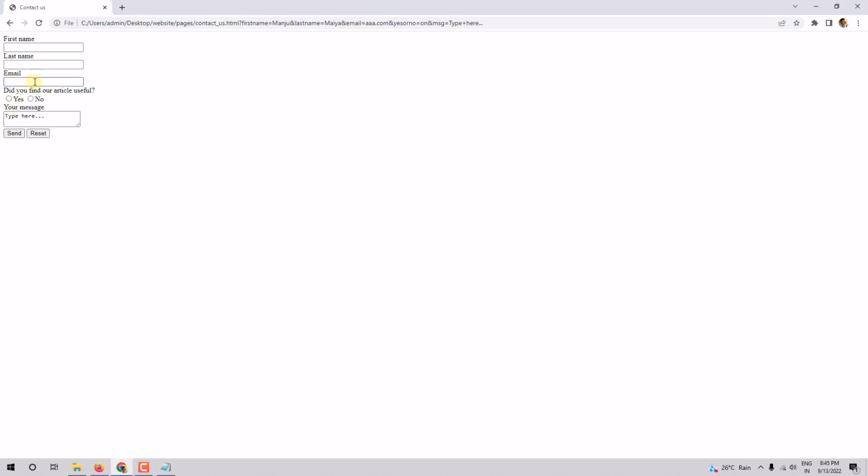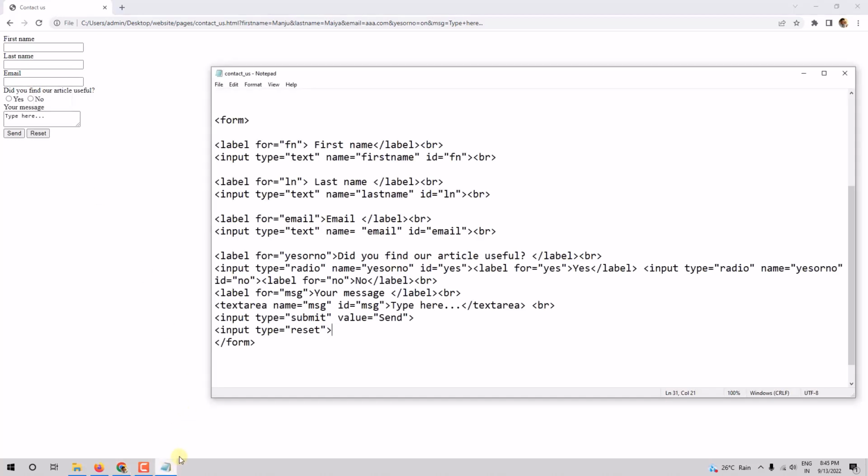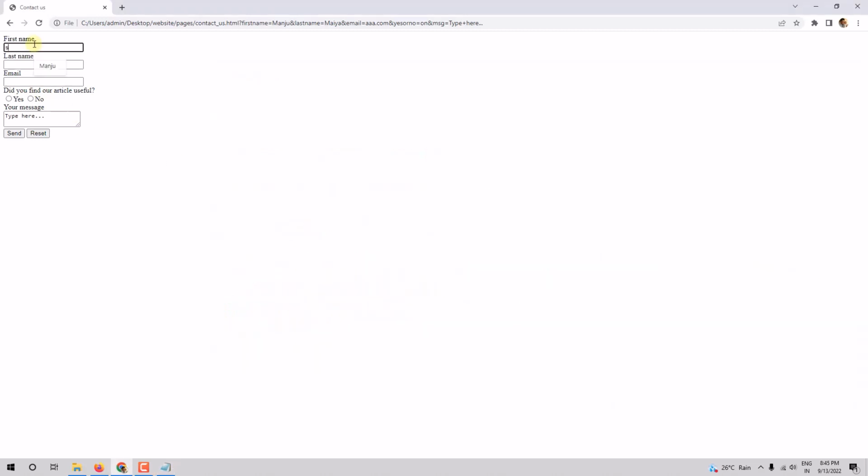Now that should not happen. We must enter only email addresses here. It should not take any other text values. For this, we use email instead of text. So this is the label for email. For the input, type should be email instead of text. Now see, I will save this, and if I say yaaa.com and yes, and if I click send,